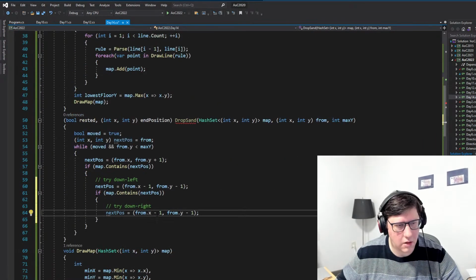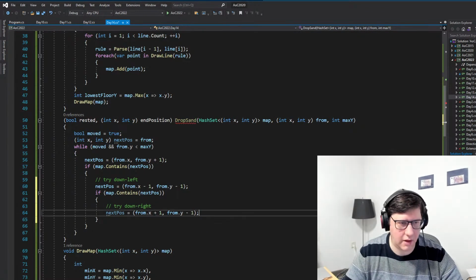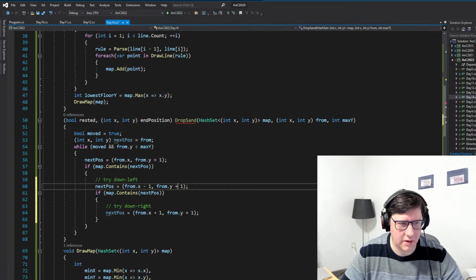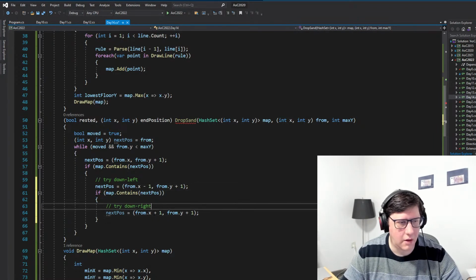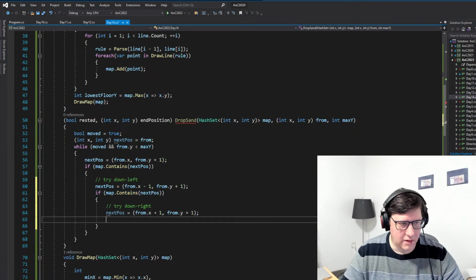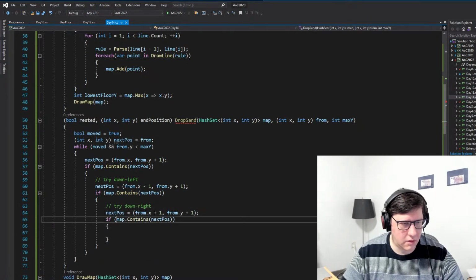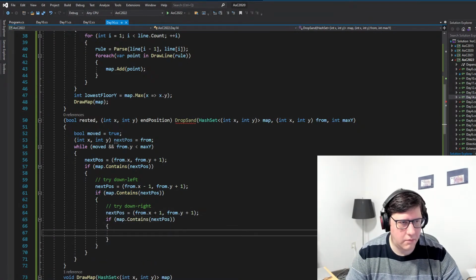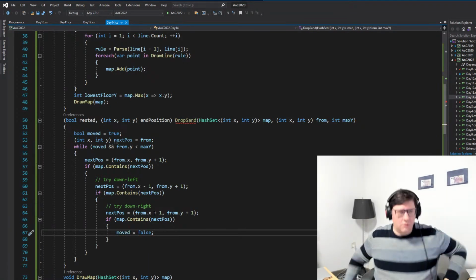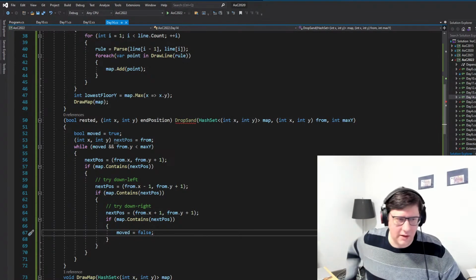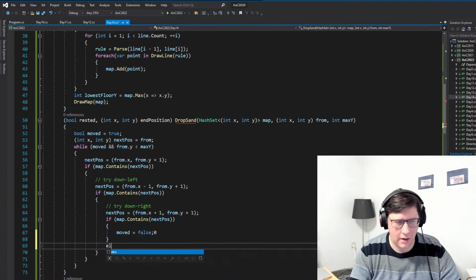Let's see. So this one becomes positive x. Also this is plus x, not minus x. Plus y, not minus y. So let's see. Move is false. So then it ends at the from, and else,